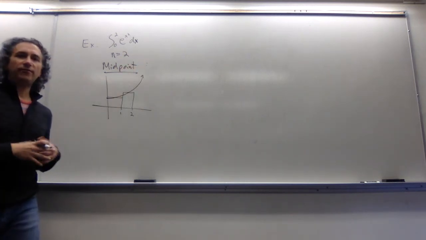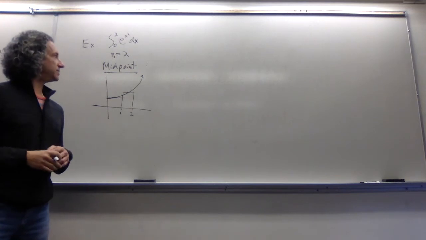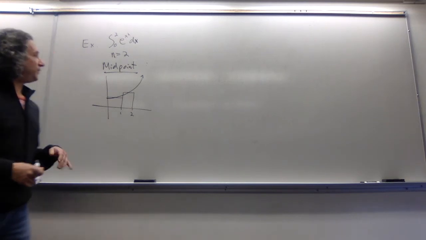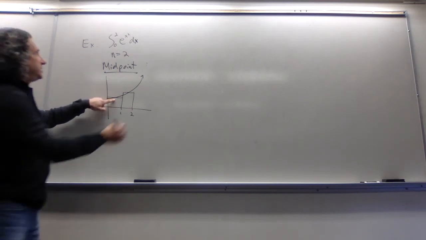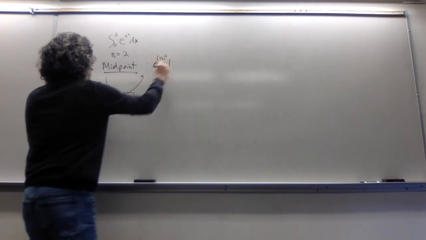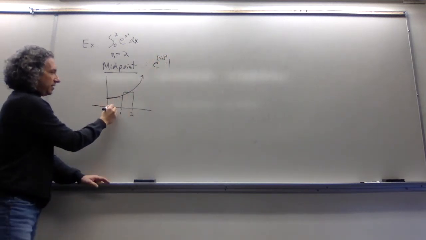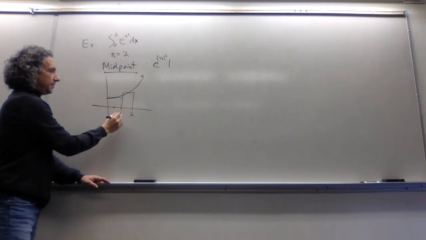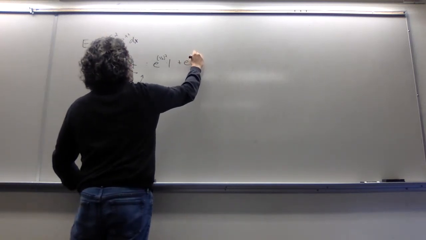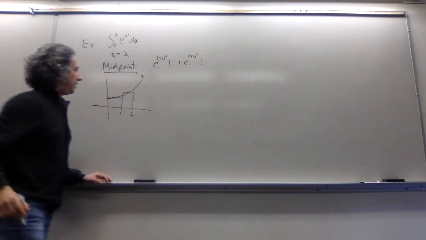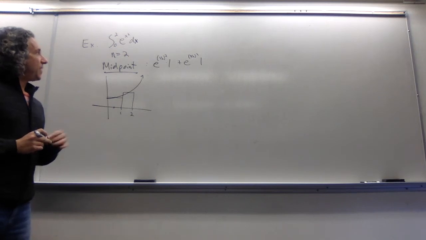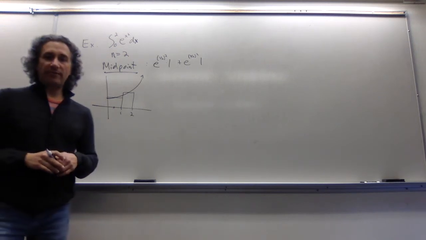Well, stop the video for a second, see if you can figure that out in terms of approximating the area. Right, hopefully you said that I'm now going to use e to the 1/2 squared times 1, because that's where this value is. And then plus e to the 3/2 squared, once again, times 1. In other words, 1.5. So that would be another way of approximating.